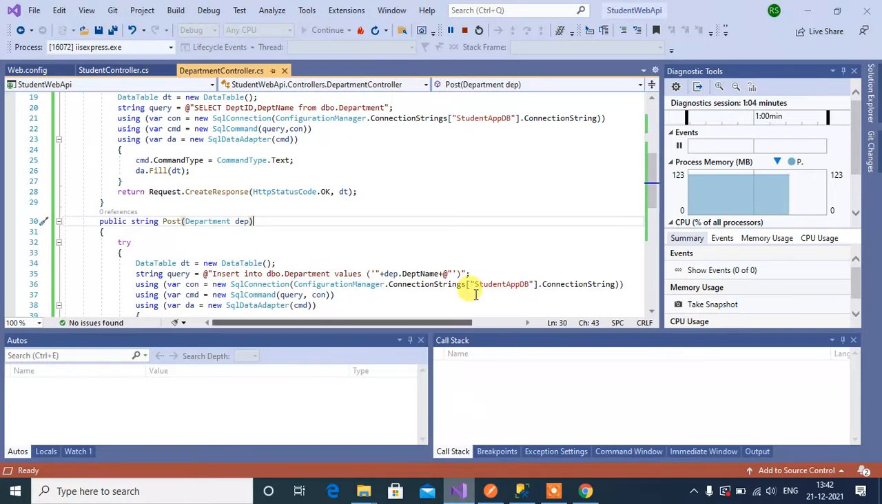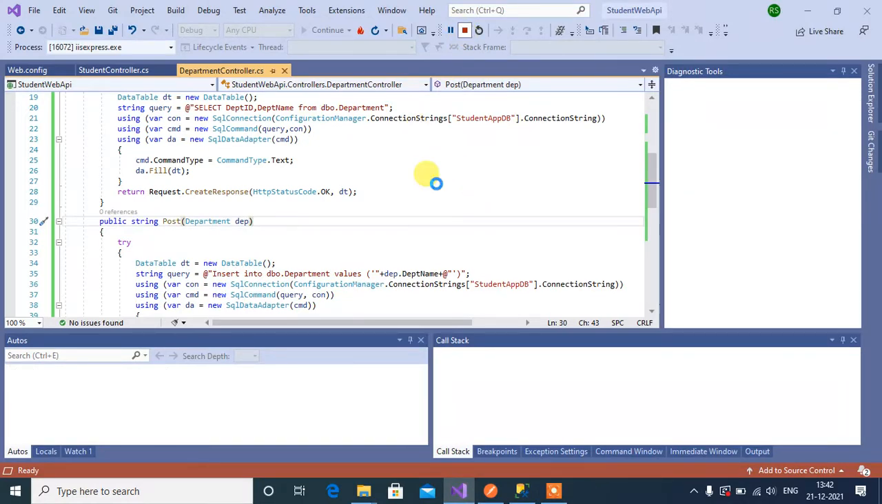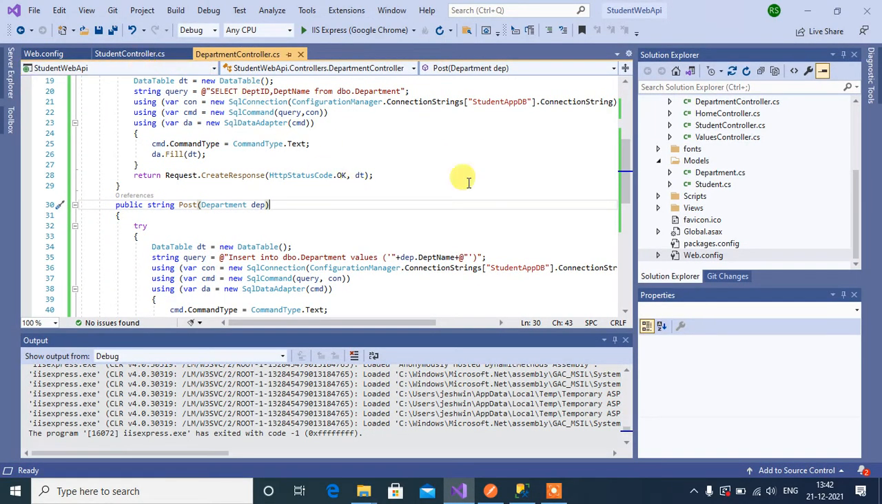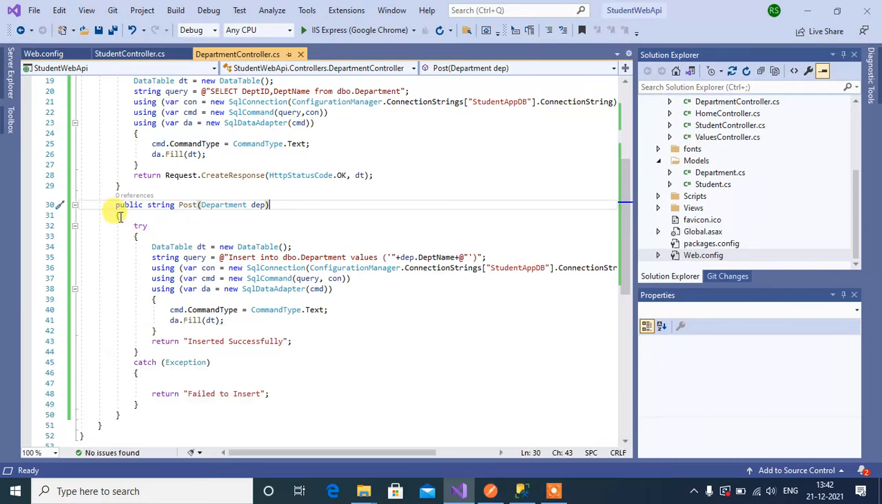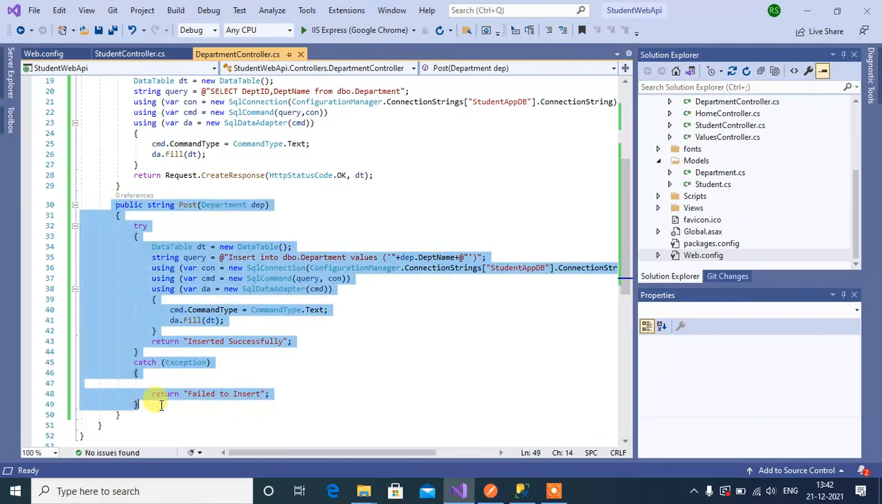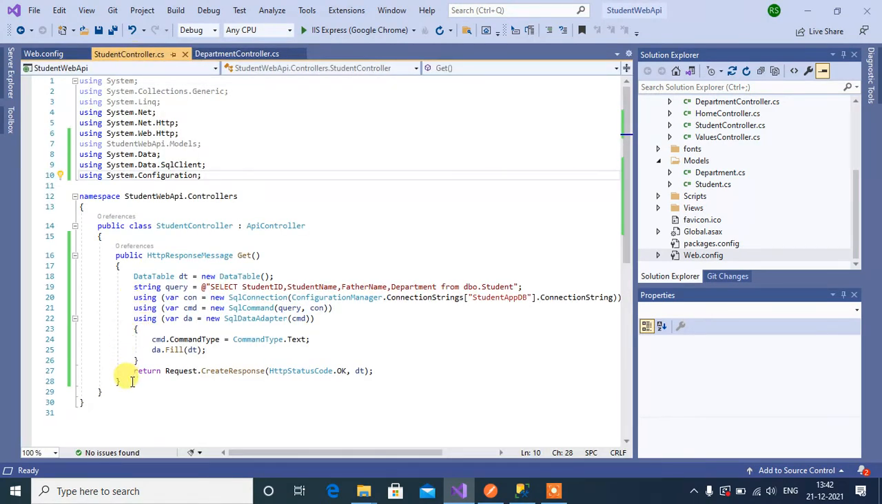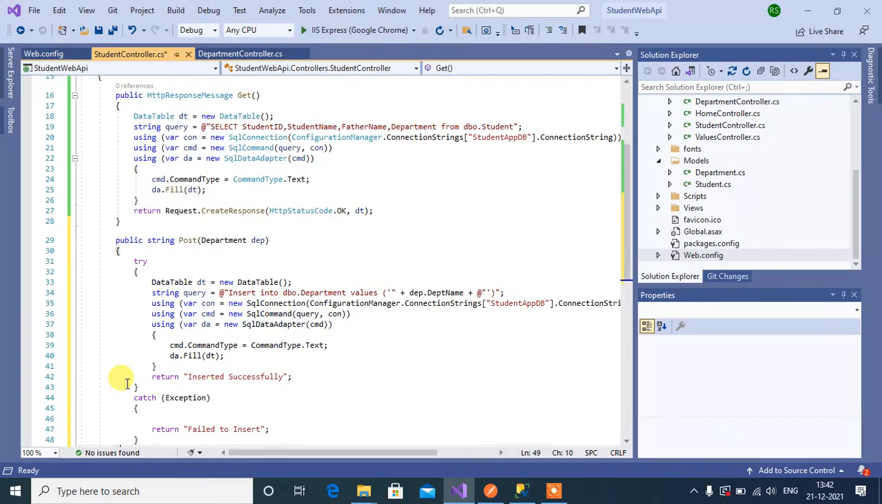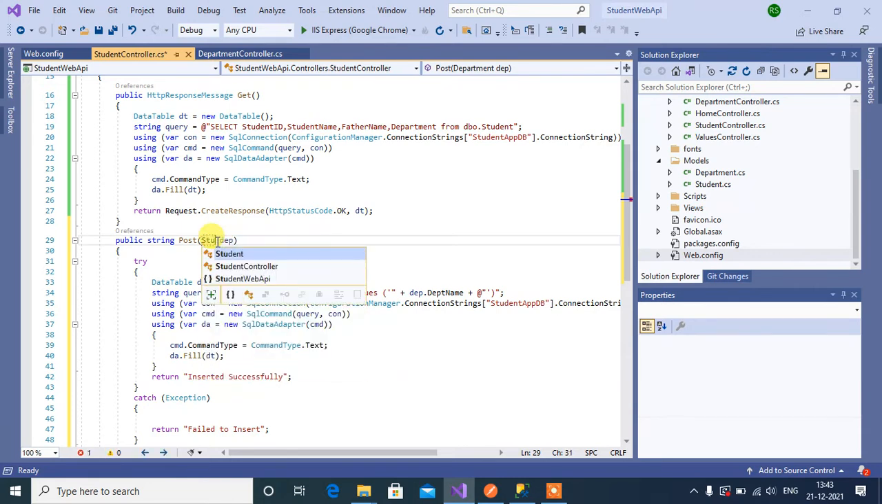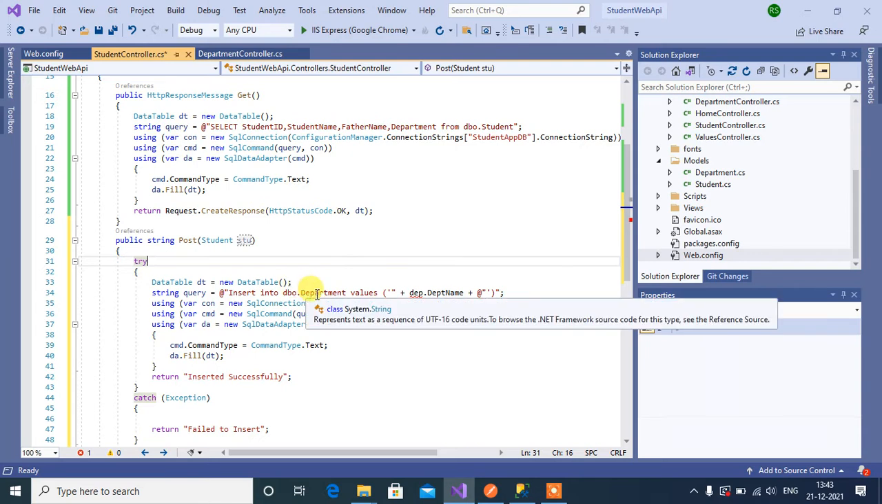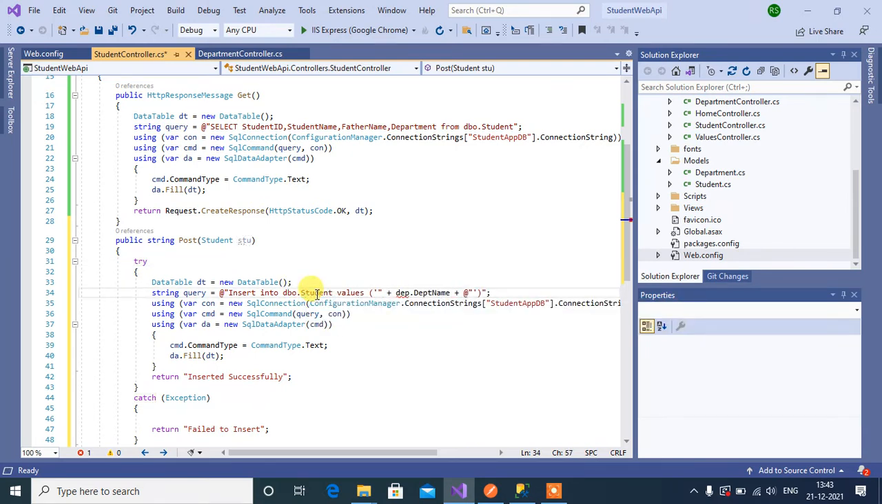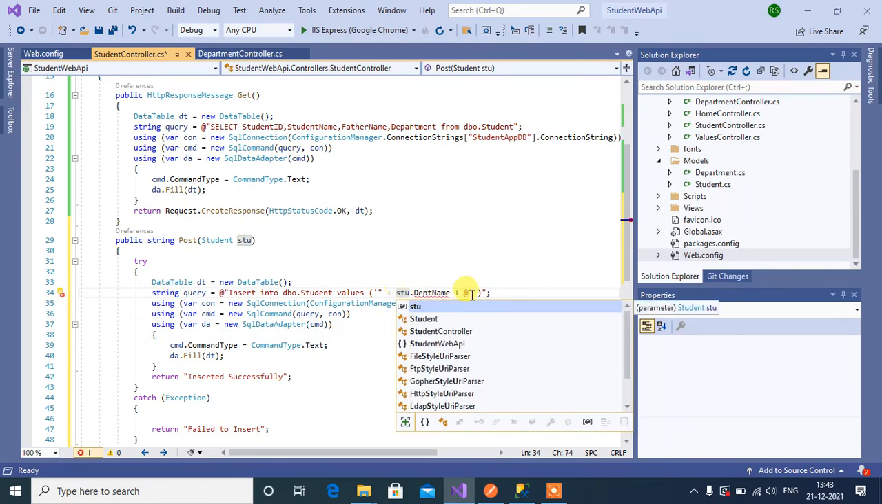Okay, now let's implement this post method in student controller. Okay, just copy this method from here and pasting in student controller. Here change the model name student. Insert into table name student. Values will be student name